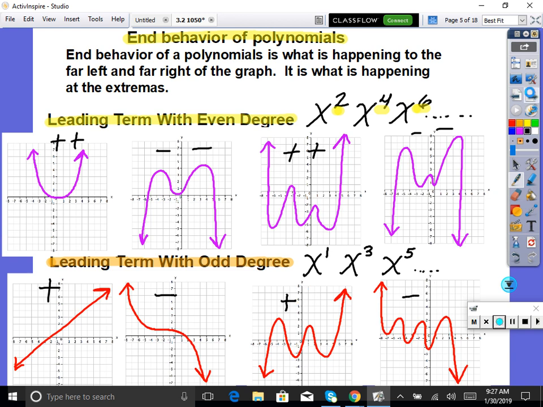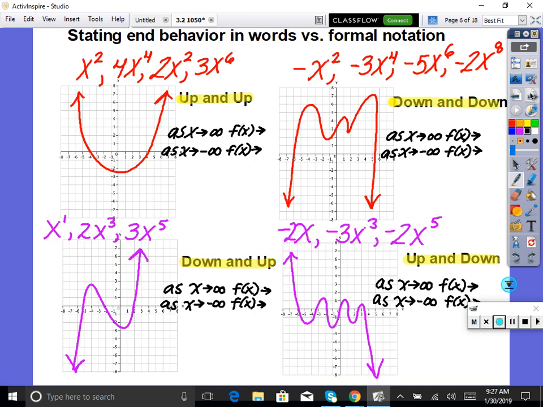Positive in front, because this is increasing over time, negative in front. So right here is a picture of the rules we need to know for end behavior. Even degrees will have up and up or down and down. If it's positive leading coefficient, it's up and up. If it's negative leading coefficient, it's down and down. Now I can cover up the middle, we're not talking middle. Does everybody see? And then with odd degrees, we always read it from left to right, so down and up. If it's positive in front, it'll be down and up. And if it's odd degree and it's negative in front, it'll be up and down